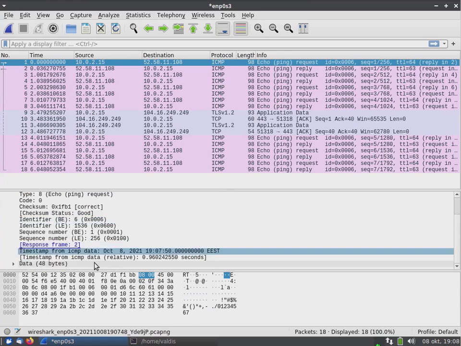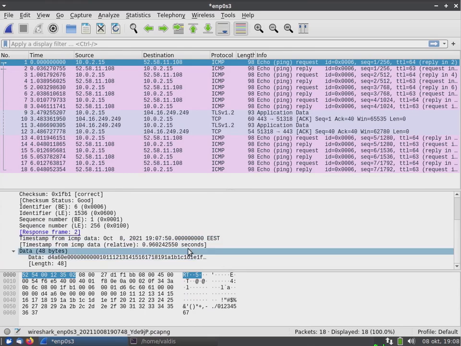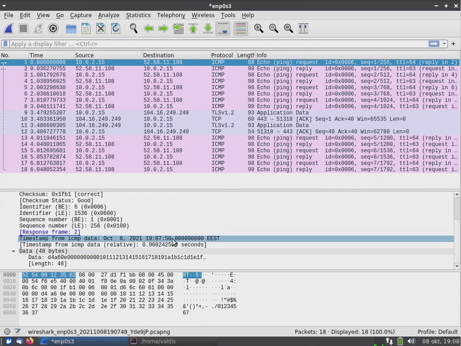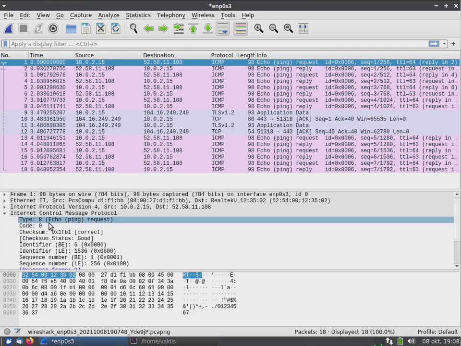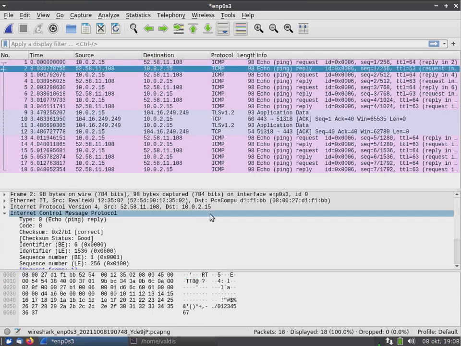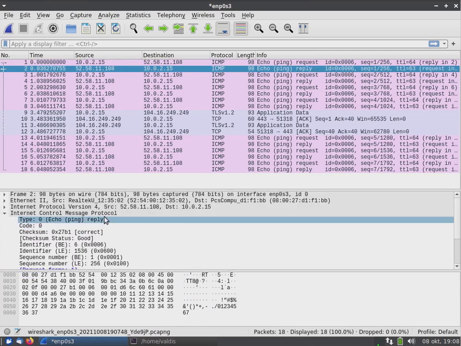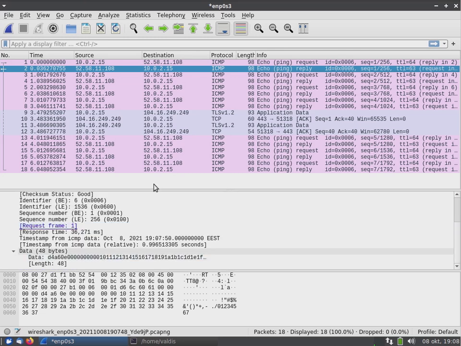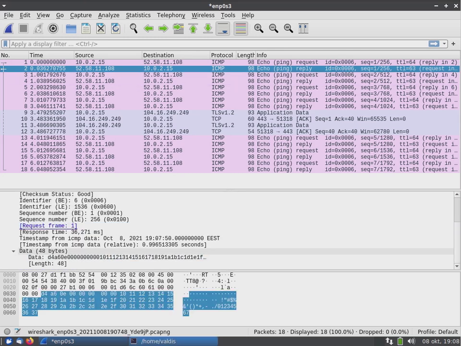And here it has its type, type 8, which means please respond. And then you get an answer back that this server is responding with type 0, this is a reply, and you get some data back.